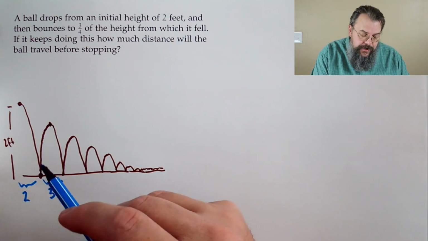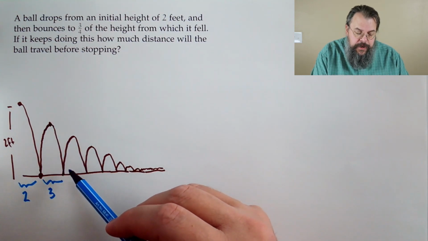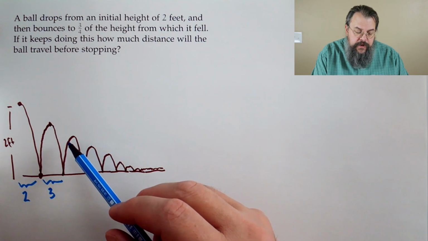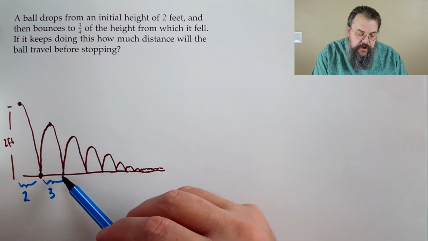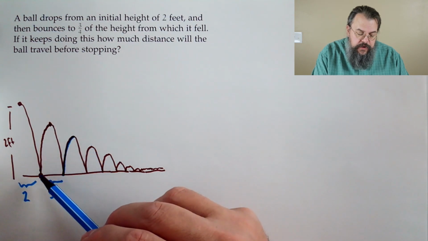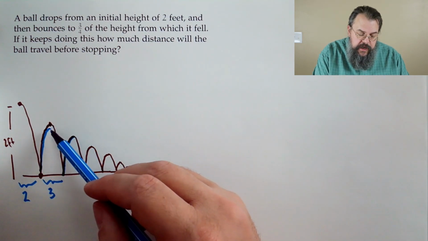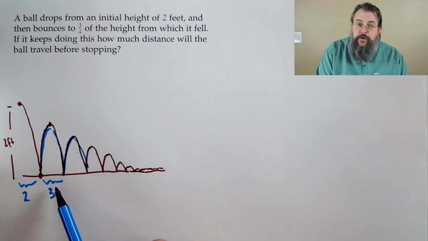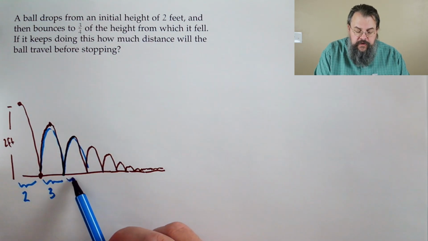All right, so great. How about the next one? Well, okay, so how can we figure that out? Well, if we think about it, we say, hey, the height up is 3/4 of the height up here, and the height down is 3/4 of the height down there. So it's 3/4 the total of the one before it. So this would be